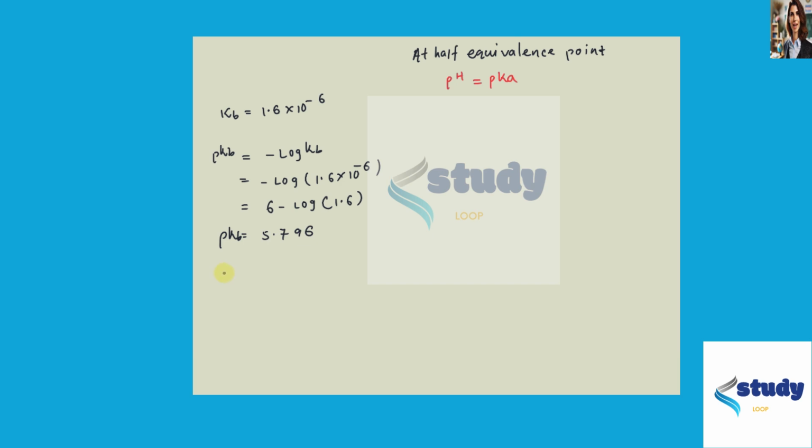and it will be equal to the pKv value, that is 5.796, and as you know that pKa plus pKb is equal to 14, and from here we can calculate the pKa value, that is 14 minus the pKb value, that is 5.796,